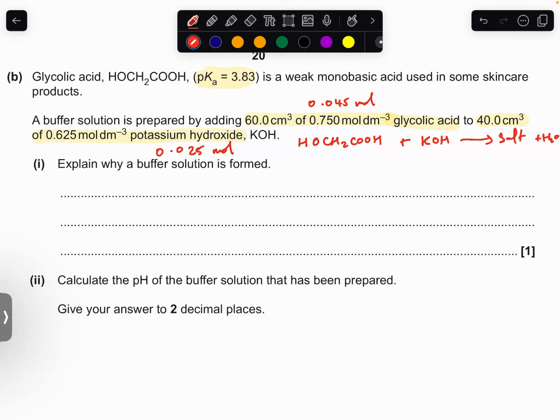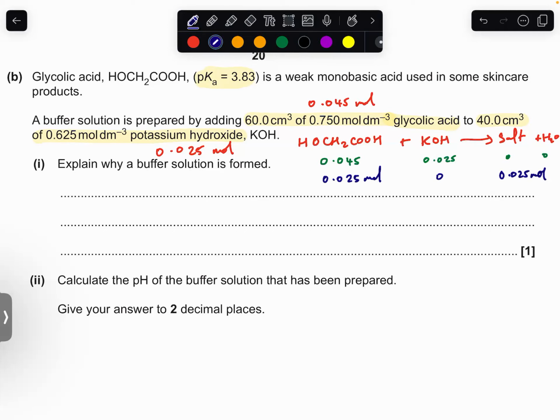When it reacts, all of the potassium hydroxide gets used up. We've got excess weak acid, so after the reaction we'll be left with 0.025 moles. The potassium hydroxide will be 0, and it reacts in a 1-to-1 ratio, so we get 0.025 moles of the conjugate base, the salt,